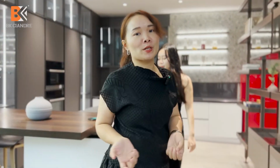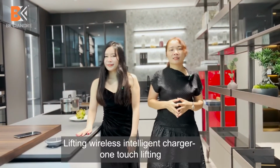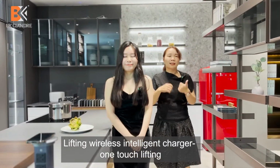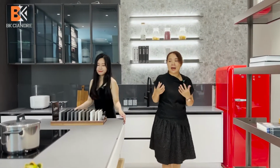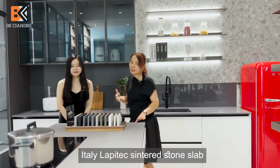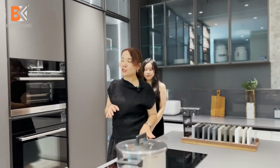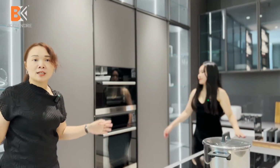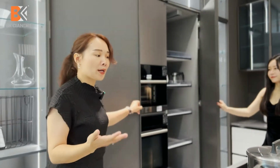Today we're going to show you our newest 2022 Italian kitchen design. For a good kitchen, we need to have good wood board, good hardware and a good countertop. This kitchen design combines the new generation's daily life with smart needs and space-saving collections. Also, when we have friends together in an open island, we need very good space-saving